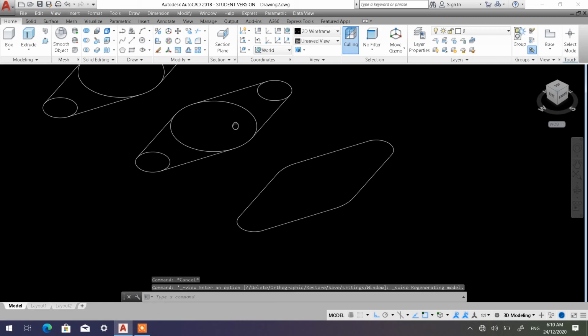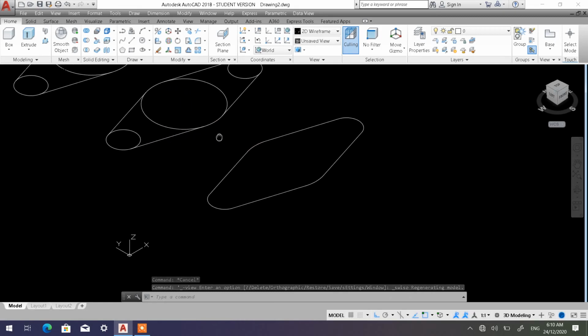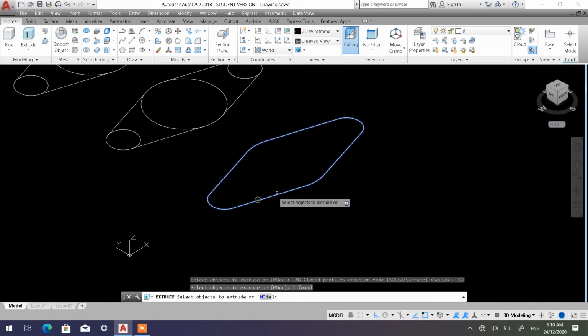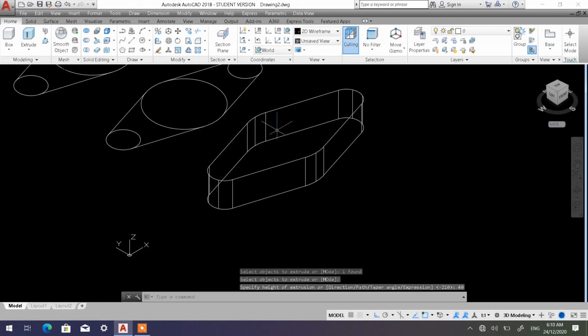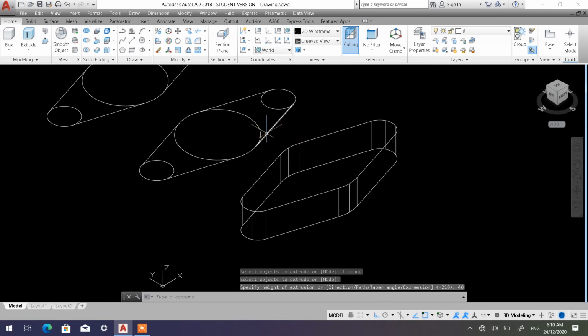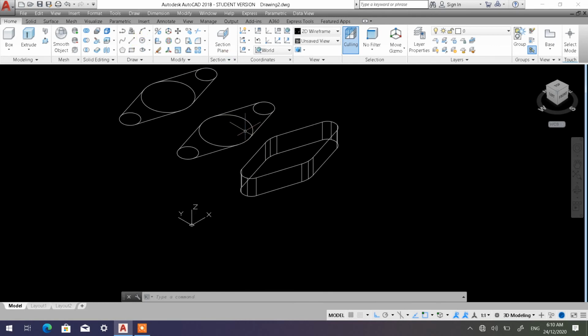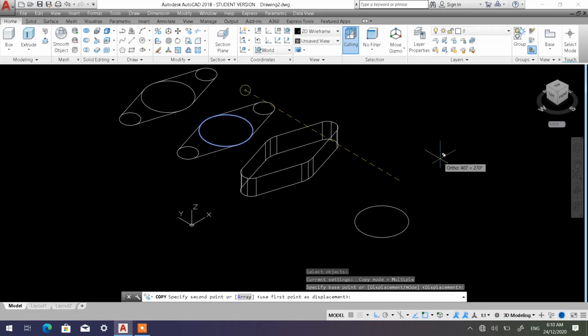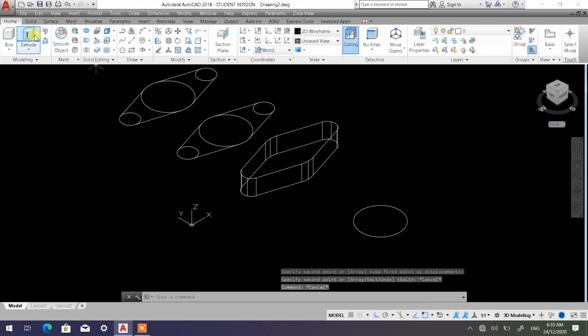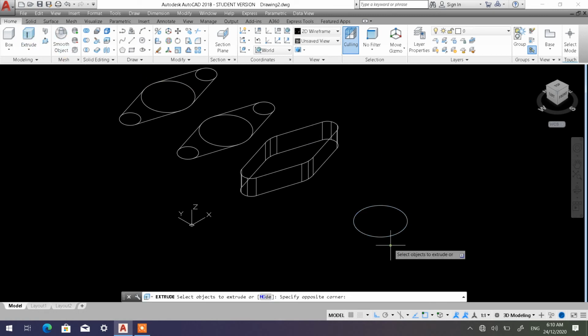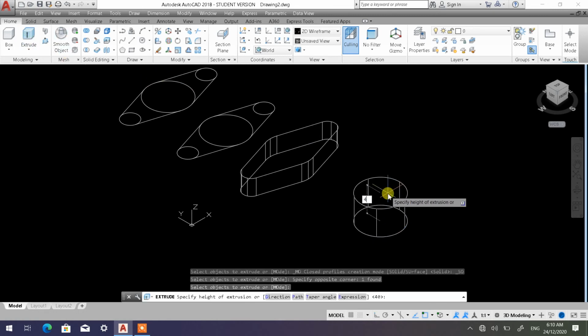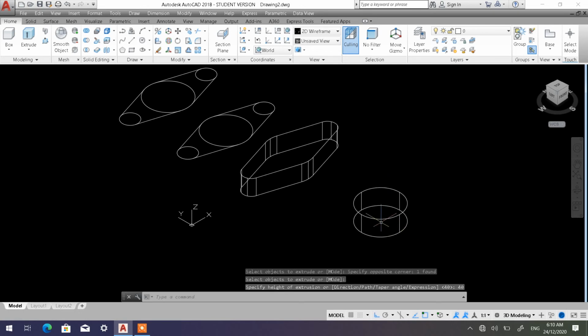So now I'm going to switch to my Southwest isometric. Okay, and then I'm going to extrude this one, enter. Upwards, let's say I'm going to make it 40 again, right? And then I'm going to copy this one. Okay, this one. I'm going to copy this, enter, bring it over here, and I'm going to extrude this, let's say another 40. Okay, I'm going to extrude this another 40 mm, enter,